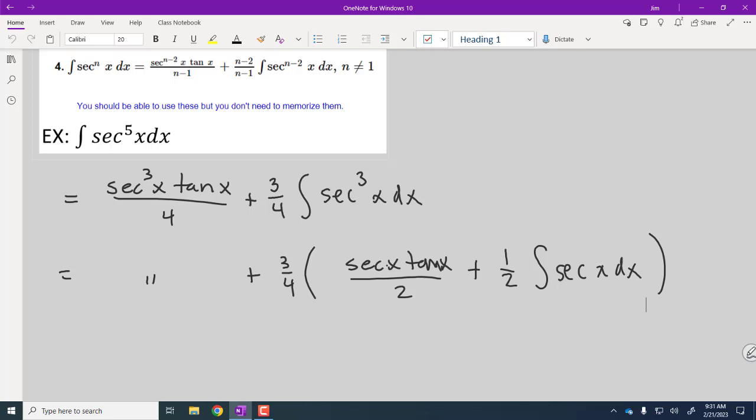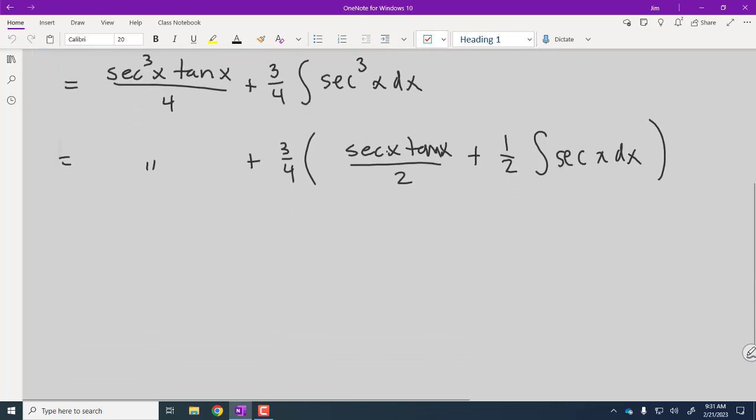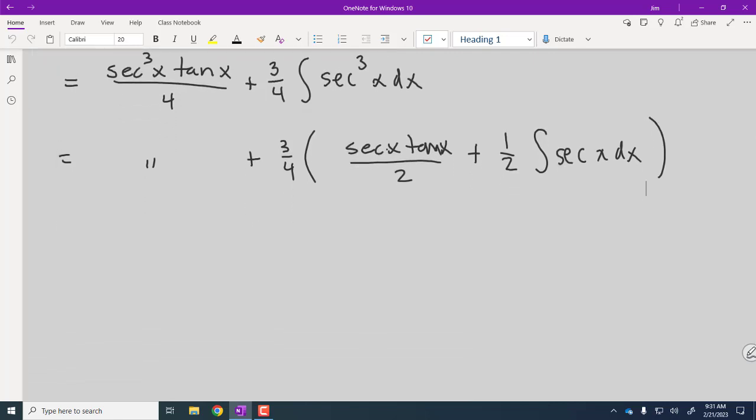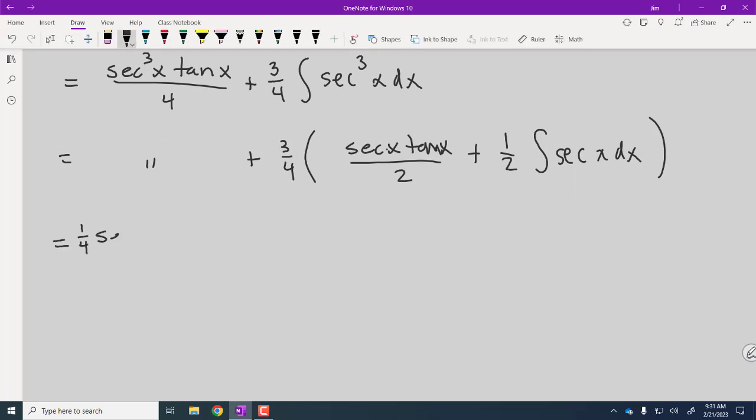So we're plugging in n equals 5 for all the positions that we see n. We ended up with a secant cubed over here. Then we just do it again, rinse, repeat. And now we're down to this. And let me just write down this very final step. And we're going to talk about